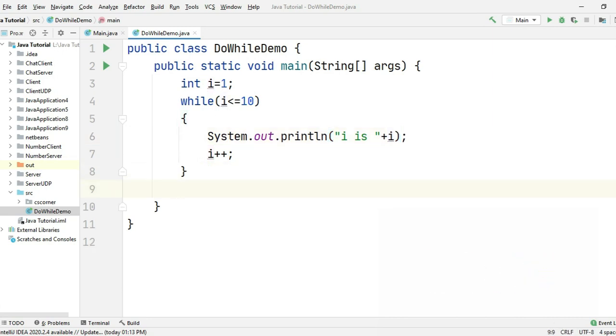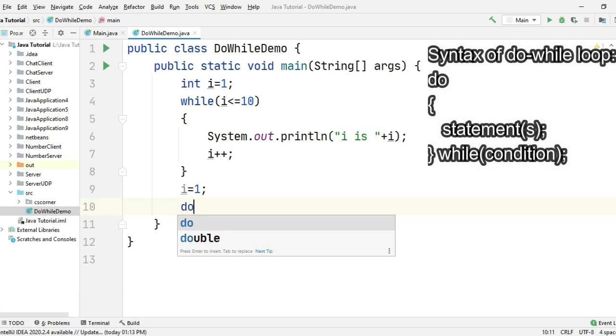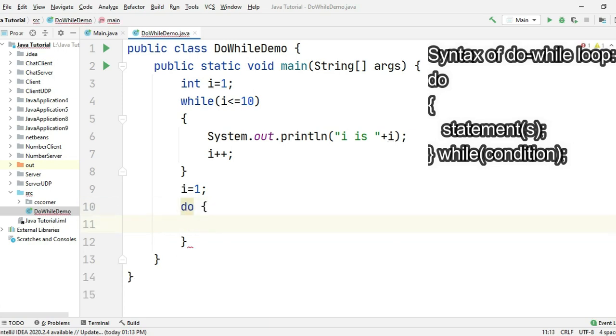Now I'm going to write the same code but using a do while loop. Let me reinitialize the i variable with 1 because i has become 11, and then I'm writing the do while loop. So what is the syntax of the do while loop? You have to write do, then a curly bracket and then your block of statements, and close the curly bracket.